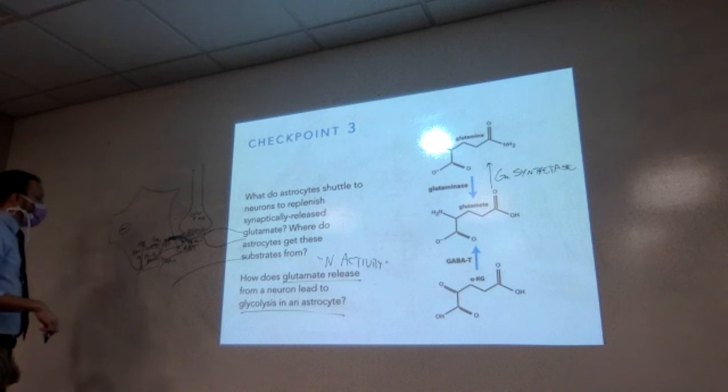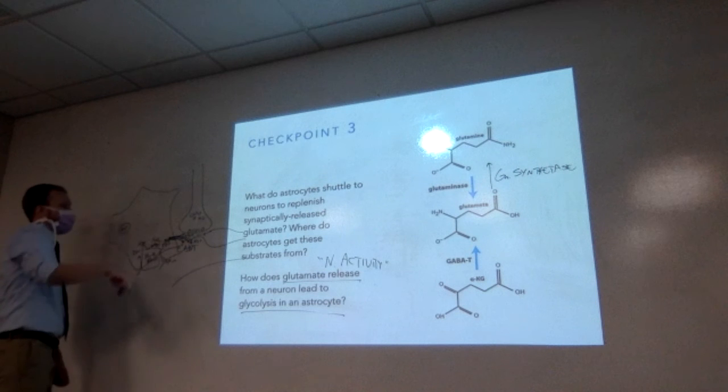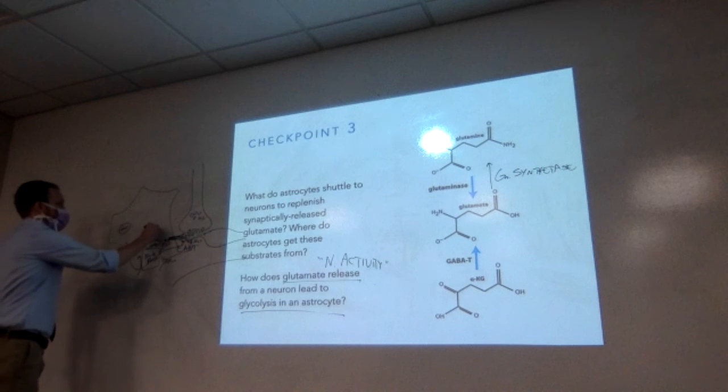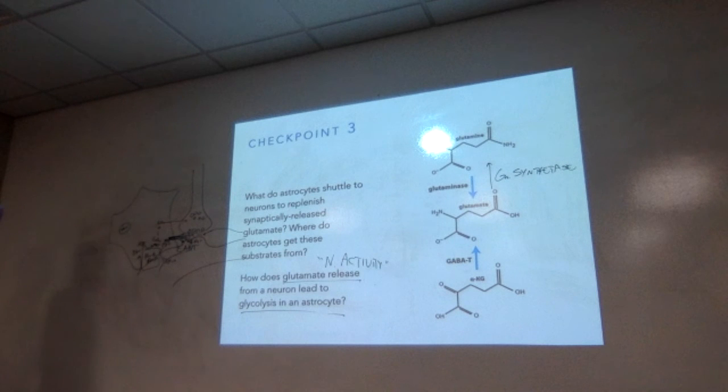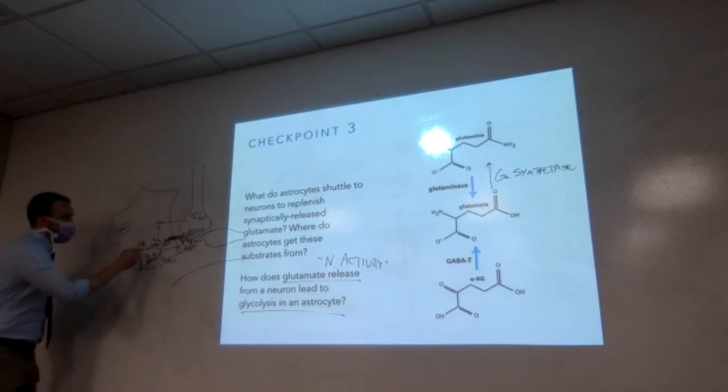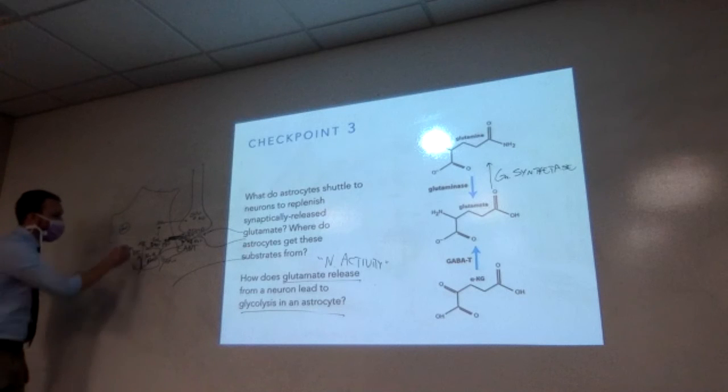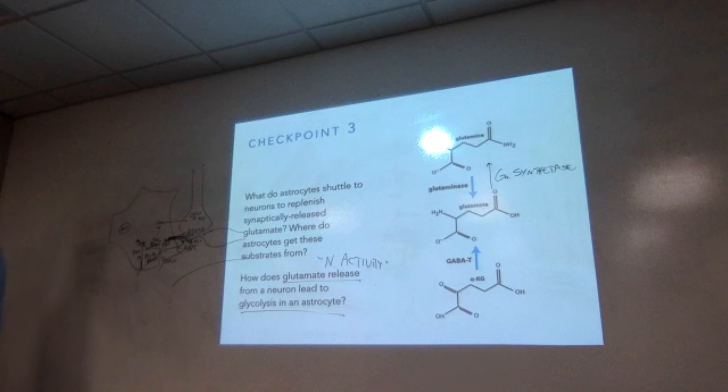So now we got glutamate inside. We'll turn it into glutamine and send it back. We already heard that story. Okay. The real key thing here is that drop in ATP. Well, now what? Yeah, you got to make more ATP. How does the cell know that it needs to make more ATP?